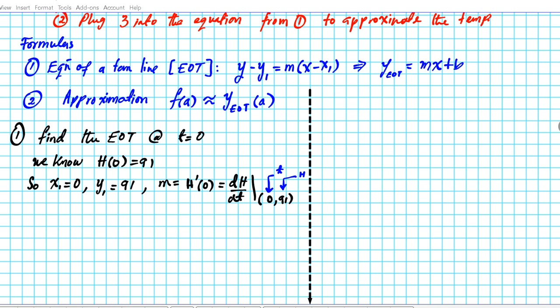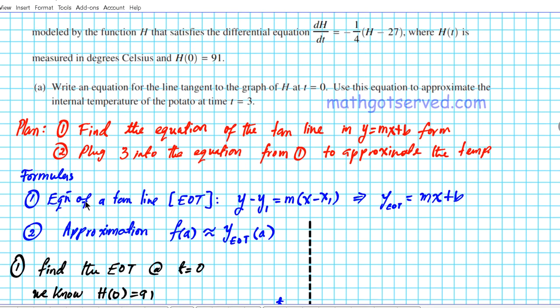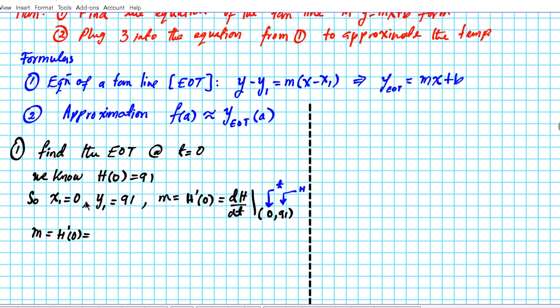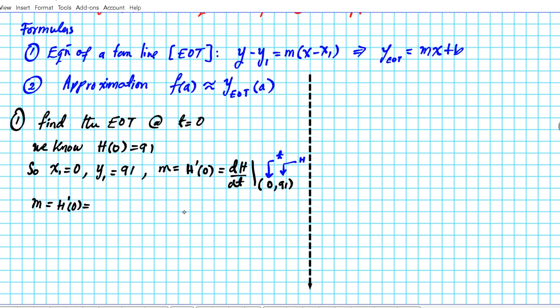So what we're going to do now is find m. M is still a mystery because we need to look at the value of the derivative at 0. So m is h prime of 0, and we're just going to plug the appropriate value into our function. So what do we know about dh/dt? dh/dt is negative 1 over 4 times h minus 27. So it's going to be negative 1 over 4